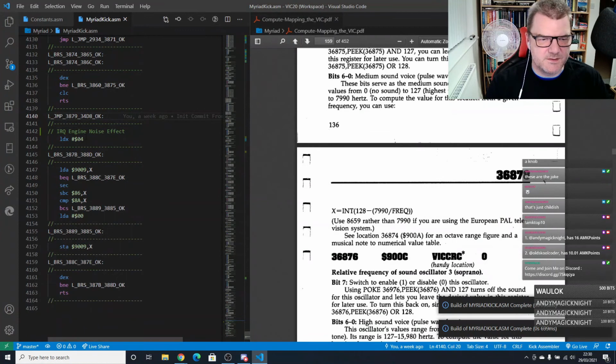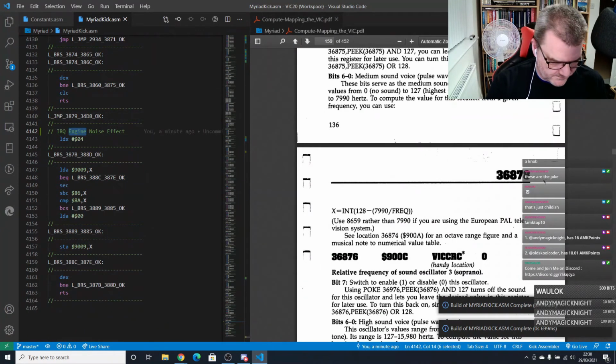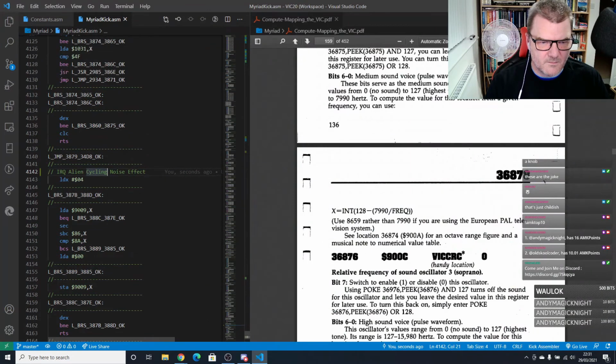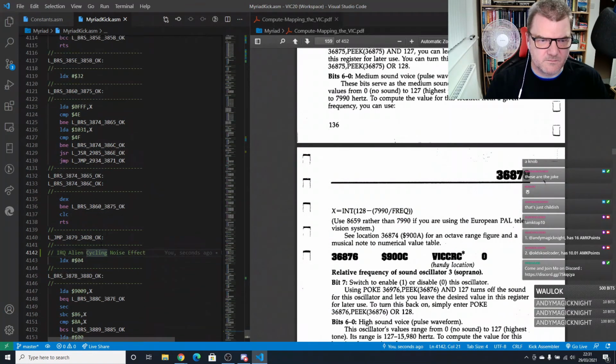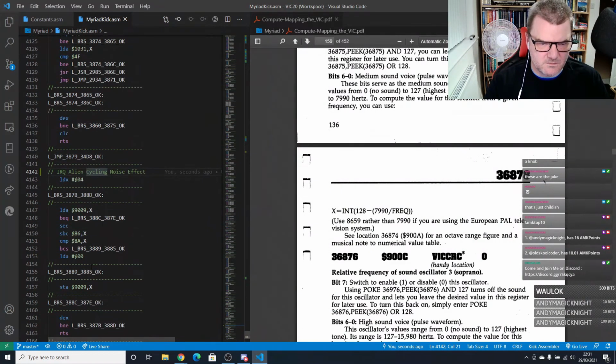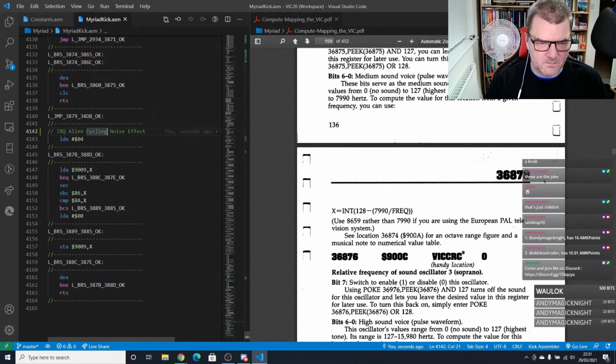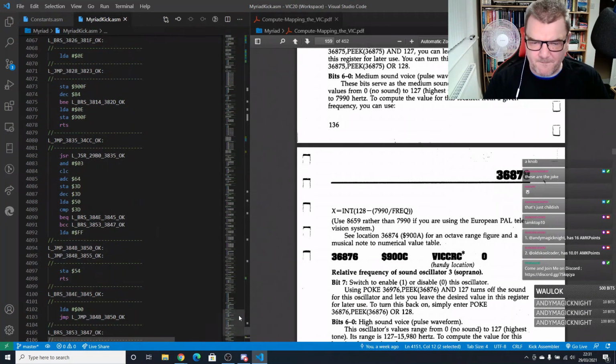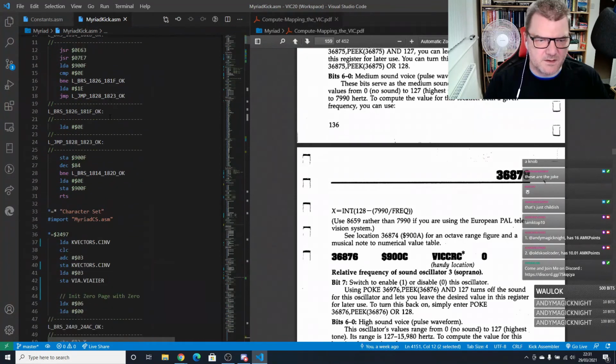Right, so this is not engine noise, this is alien noise. Cycling. So that's what that's doing. Okay. We need to understand what 8.6 and 8.8 is. Right. Okay. So I'm going to find